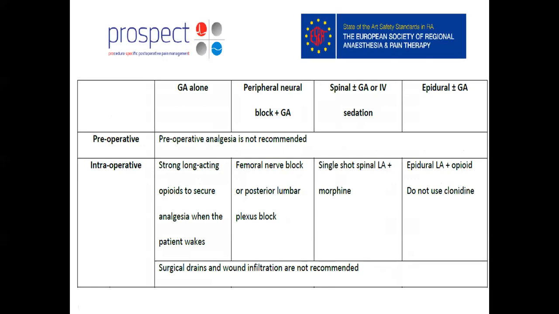As you can see, when hip analgesia is asked of you, you should talk about pre-op, intra-op, and post-op. With regards to pre-operative, as I told you, the options are limited. What you spoke about, multiple things, are post-operative analgesic techniques, right? So you speak about GA alone, or peripheral nerve block with GA that you give pre-operatively, so the requirement of GA is also less. Talking about spinal with GA or IV sedation, epidural with GA, right?